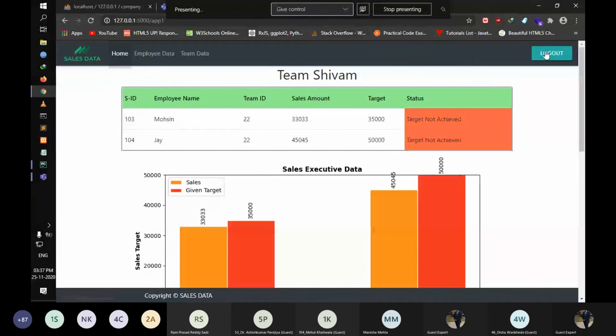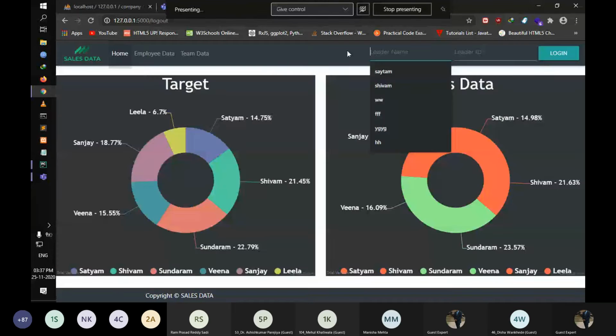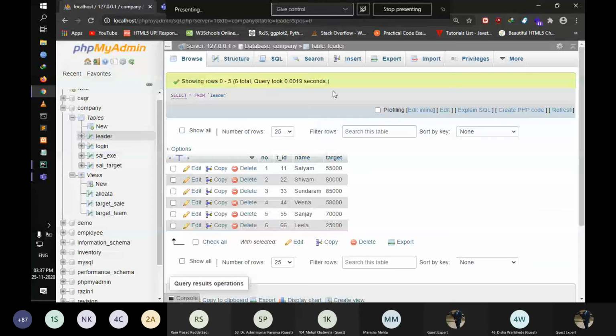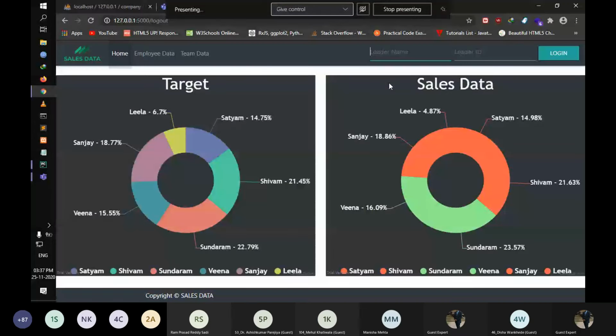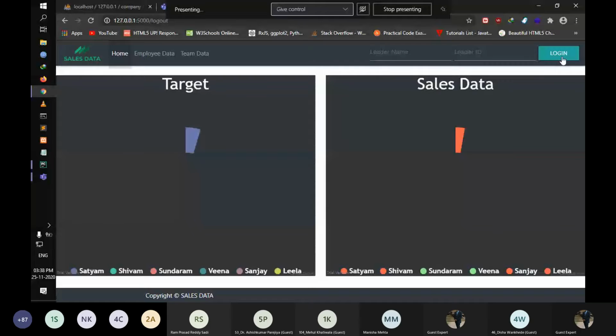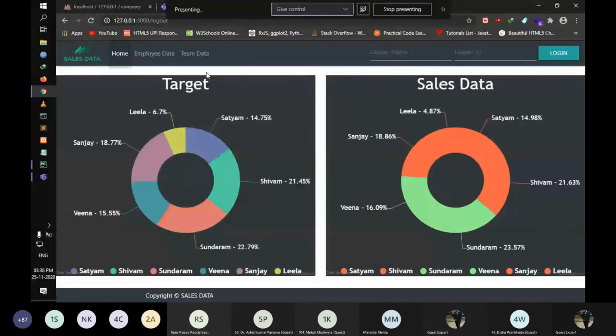So this is basically a data analysis project that we can expand on. It's at this level at the moment. Let's take another login. Let's take Veena, which is 4.4. Let login, and so it gives us data of Veena. And when I click log out, it will go to home screen. So yeah, that's the project, and that's the basic idea here.